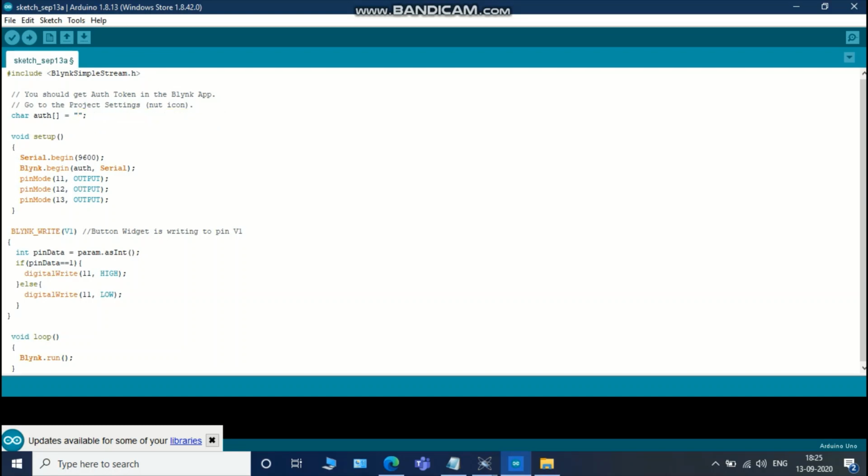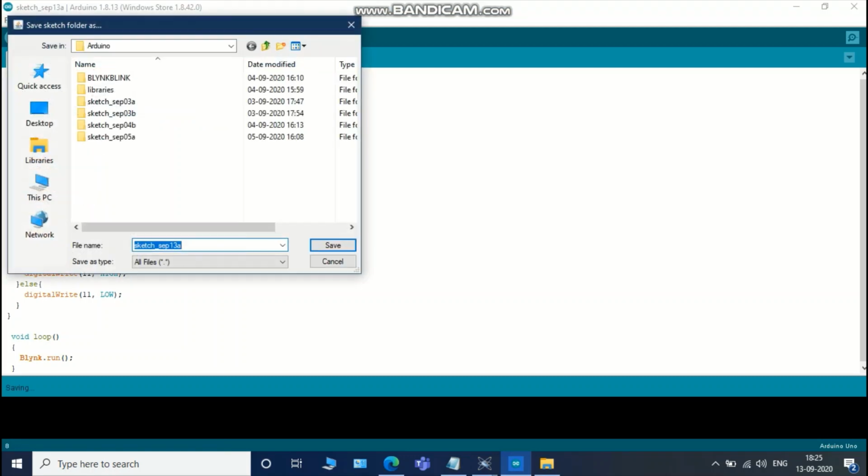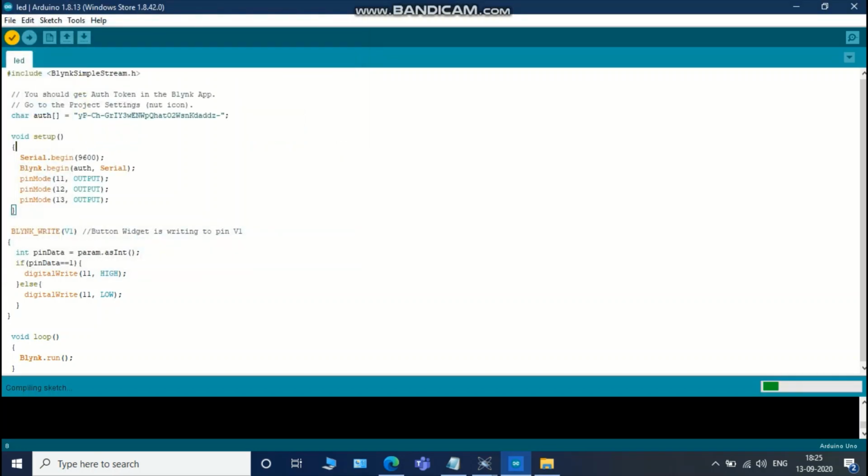Paste. Then click compile. Of course, you have to save the code before you compile. It's compiling.